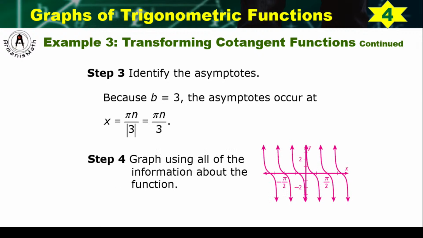So how does the graph of this look like? A little bit skinnier, obviously, because you're going to start and finish pretty fast. This wave is going to start and finish pretty fast, faster than the parent, obviously. It takes 1/3 of the parent to start and finish the wave. Okay, so that is the graph of the cotangent, and I definitely wanted you to be exposed to the secant